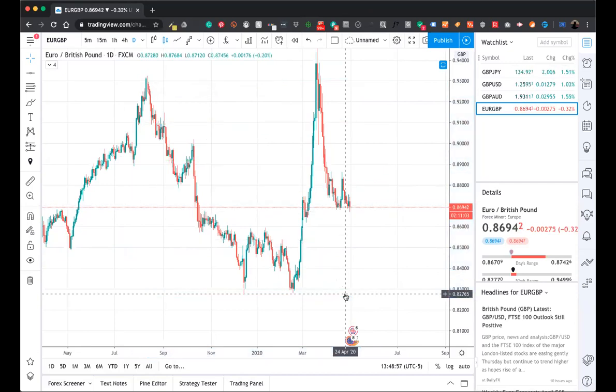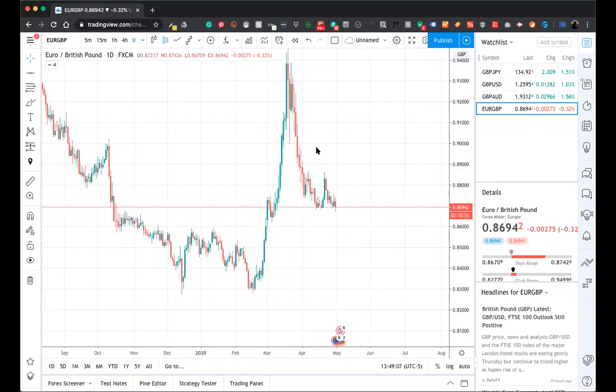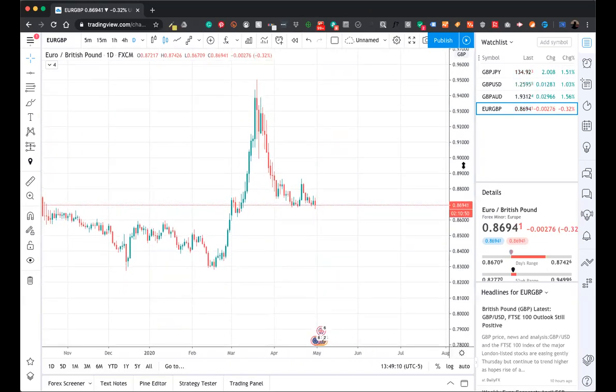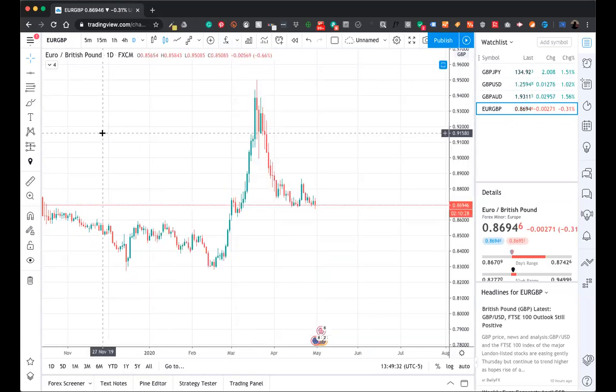So let's move on to indicators. So indicators are just more tools that help you with confirmation of whatever analysis that you're doing, okay? And the place to find the indicators are right here where you see the FX, that just stands for function. So if you click on that, oh, you know what, before I go to indicators,